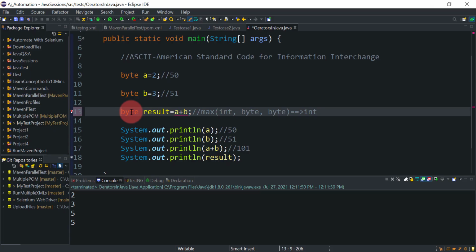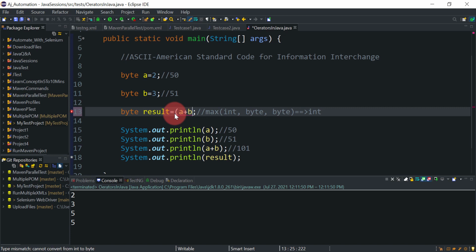So for this example, if you give the answer that you will get the error because you are storing integer into the byte, which is not allowed. Then the next question, they may ask how to overcome that error. Okay, if I want to get the result, anyhow I want to print the result without any error, so how can I do that? So you need to tell that you need to use the typecasting here.